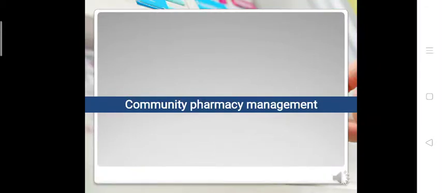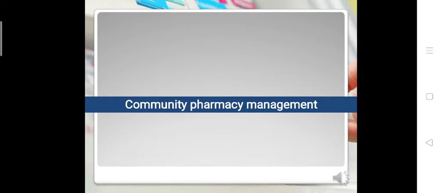So today's lecture will be all about community pharmacy management. As we have discussed earlier, it is all about the management which you are talking over here. Okay, हॉस्पिटल फार्मेसी के बारे में हमने डिस्कस कर लिया है, ये कम्युनिटी फार्मेसी मैनेजमेंट है. तो इस कम्युनिटी फार्मेसी मैनेजमेंट में बेसिकली हमें ये समझना है कि हाउ द फार्मासिस्ट विल मैनेज ऑल द एस्पेक्ट्स